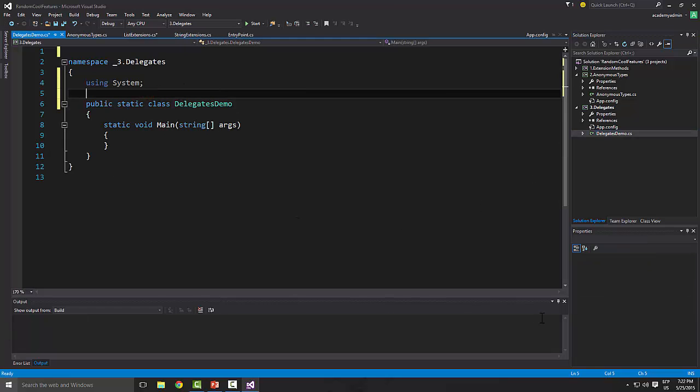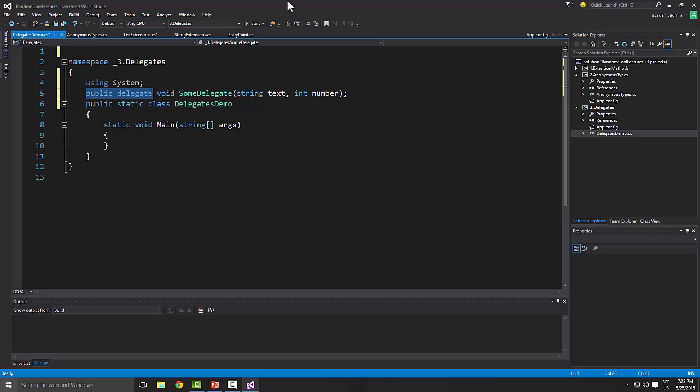Alright, so the first thing that we have to do is declare the delegate on top. More like declare its signature. So what you have to do is public, the keyword delegate, and after that void SomeDelegate, and I have to declare the signature as well. So string text and int number. Okay, so I want to repeat that. A delegate is like a data type, like an integer, like a string, but it holds methods